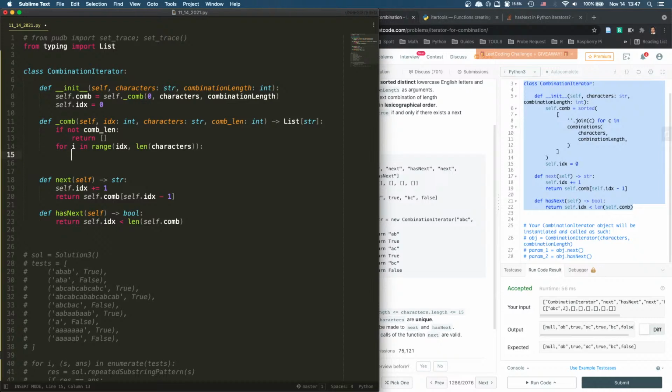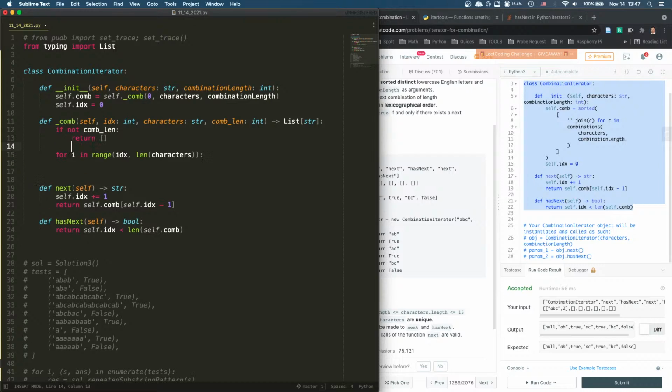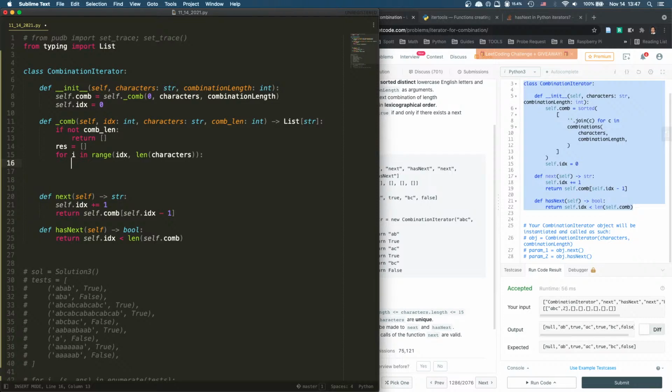I'm going to say the remaining, right? The remaining will be, actually I need a result, right? The result, and the remaining will be self.comb index plus 1, right? Index plus 1,